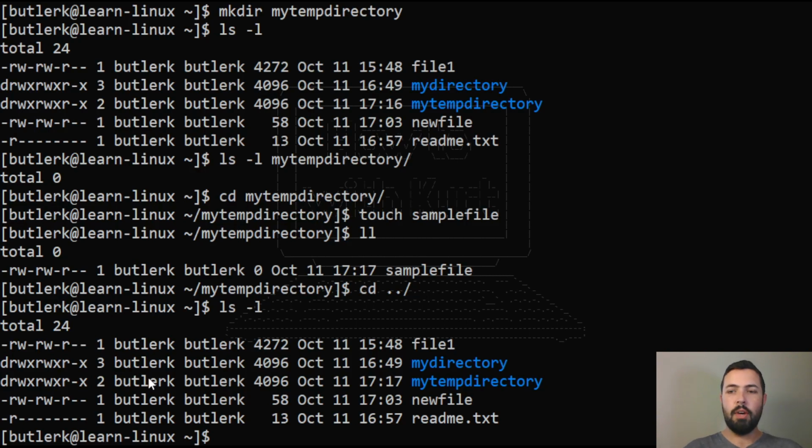So what if I wanted to make a bunch of folders for a team or my company? So I've got my company, and then in my company I want to have a sales team, and within sales, I want to have my online sales and then my in-store sales. Well, I could do them all separately and change in and do it, but